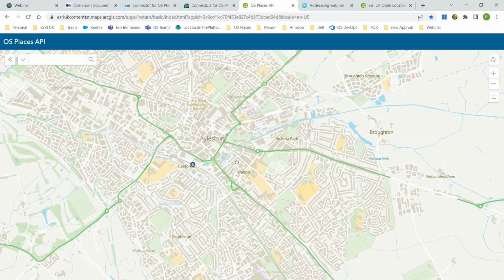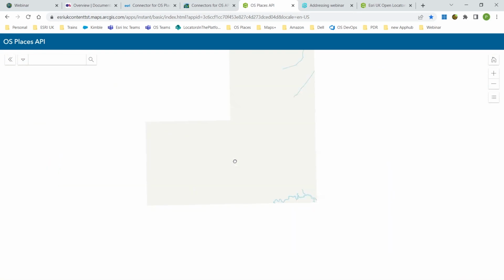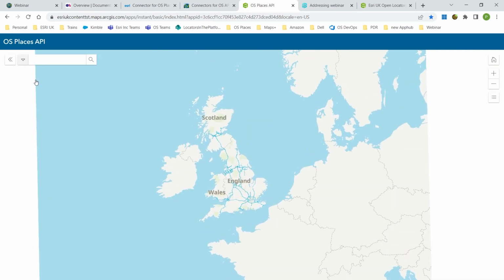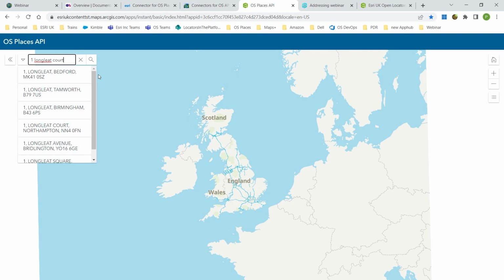So if I zoom all the way out, I'll just show you the difference of what happens here. If I'm zoomed out all the way to the GB, if I start typing an address, so Longleat Court, I'm getting results for Northampton, Tamworth, Bedford, as you can see, all over the place. However, if I use instead